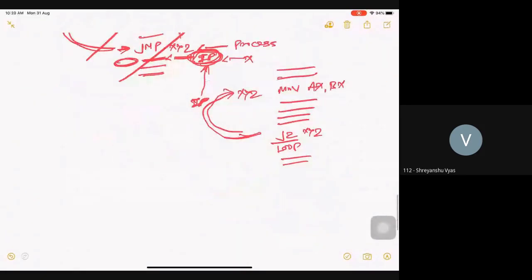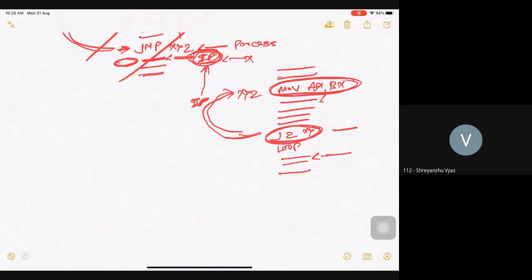So now in this case, what happens when I am on this line? My processor is executing this line. At that point of time, my IP will be pointing to the next instruction here. But actually, I don't want to execute this line. I want to execute this line. Fine. Because I want to jump.